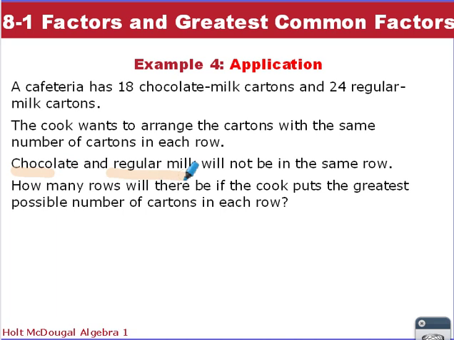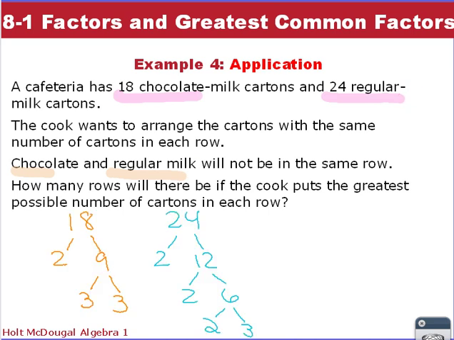So looking at these, we have some numbers. She has 18 chocolate and 24 regular. So we have to get the greatest common factor for 18 and 24. So I broke it down and got the prime factors for 18, doing the factor tree. 18, 2 and 9, 2 is prime, 9 breaks